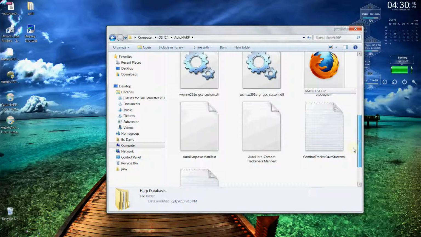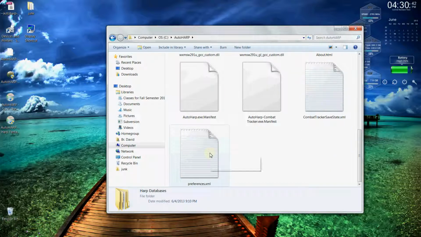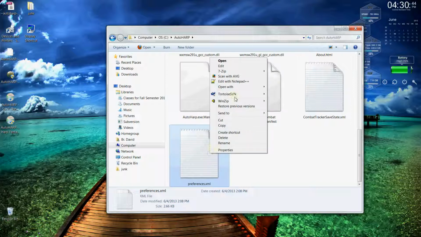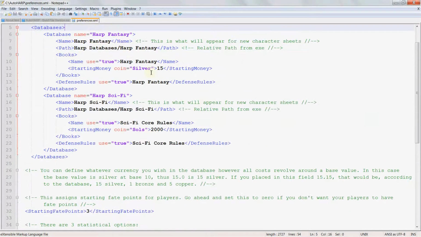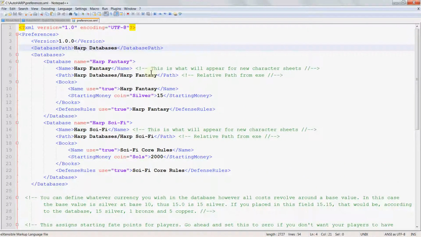What we're going to do now is go over the Preferences XML file, which can be found down here. We're going to open that up in Notepad or any word application like Microsoft Word, TextPad, if that even exists still. It's just an XML file, and a lot of this information you're probably not going to change. Eventually, when we get to advanced stuff, I'll show you what a lot of these nodes mean, especially this use true. But for now, let's just keep to the simple part of this file,